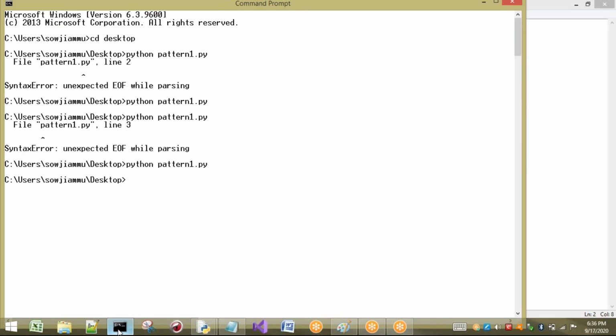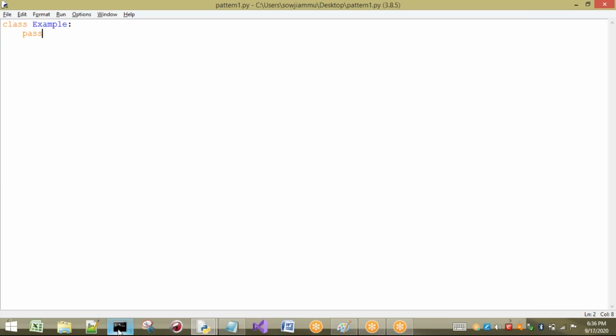I will take a small example so that you get clarity, by taking one program. Here I just want to print even numbers. I will take the numbers from 1 to 10, so I will write range 1 comma 11, using a for loop.